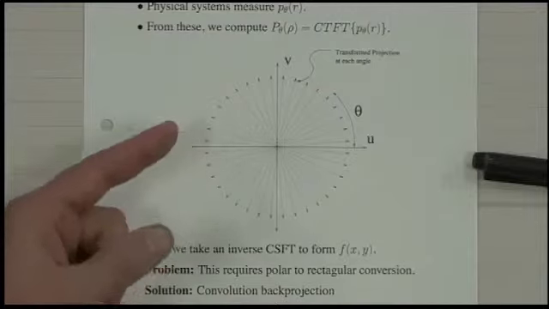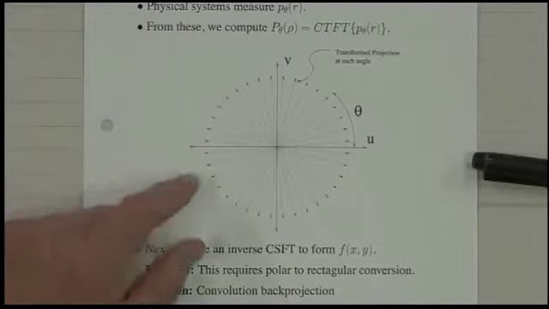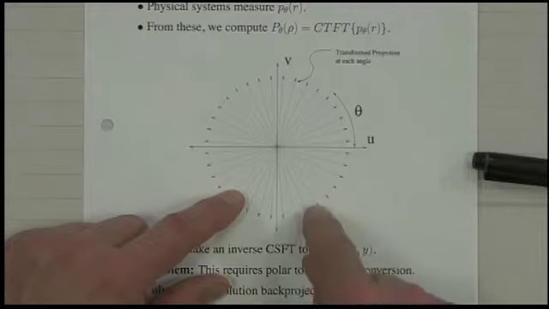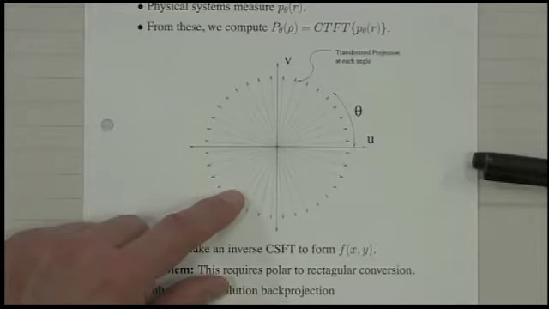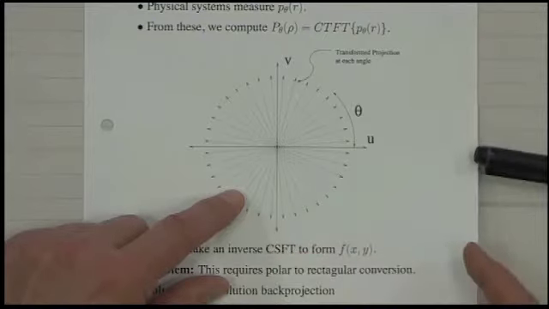So what they really do is a thing called convolution back projection. And convolution back projection is a tricky way to get the answer and to avoid all these issues of Fourier transforms and interpolations. But this is the underlying theoretical concept that allows you to recover the signal from its projections at every angle. It also gives you a lot of insight into what information is lost when you don't get all the angles, or when you don't have enough projections.